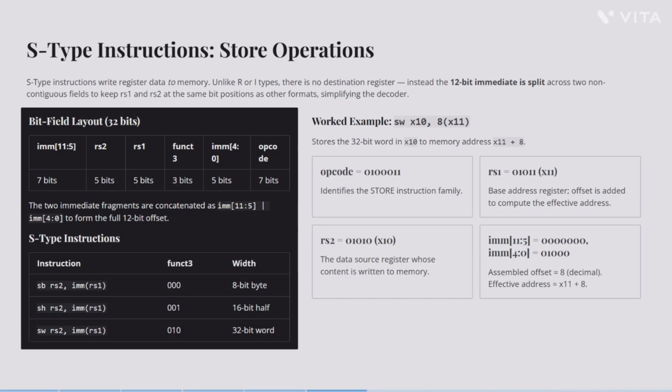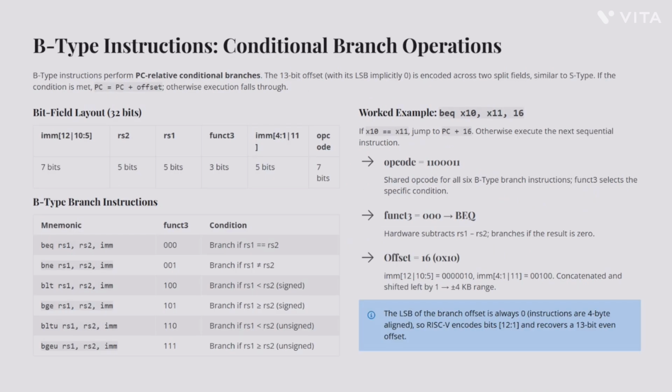Moving on to B-type, where they are the conditional branch operations. Coming to this example,